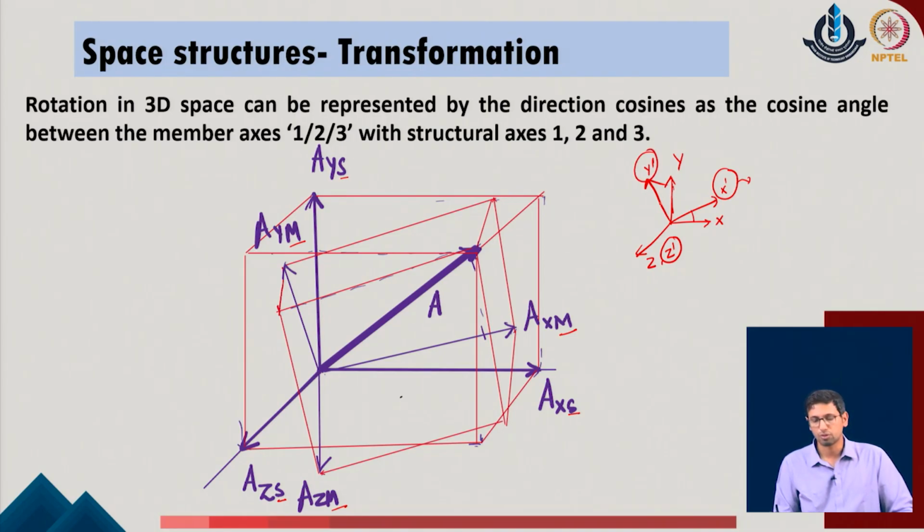Similarly, y prime will also be making some angle with the original x, some angle with the original y, and those are typically located as the direction cosines of the given system. So, the standard way of identifying the transformation rule is to identify the direction cosines, because that helps us identify the components of the given system.